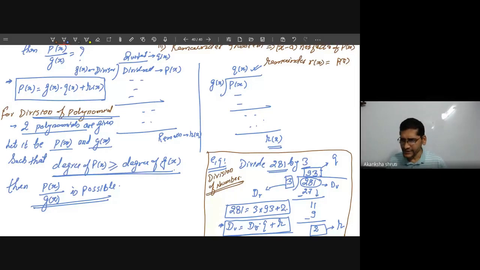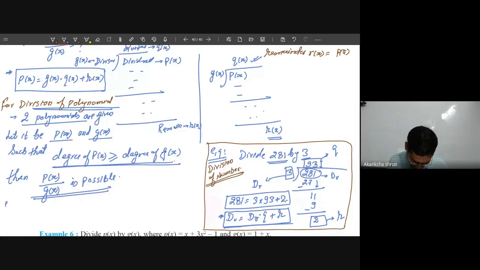If this condition is not satisfied, then we cannot divide. Let me explain with an example. Student, I am taking the polynomial px as x cube plus 3x plus 5 and gx as